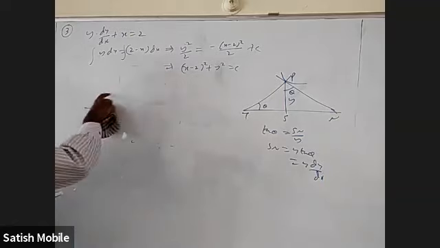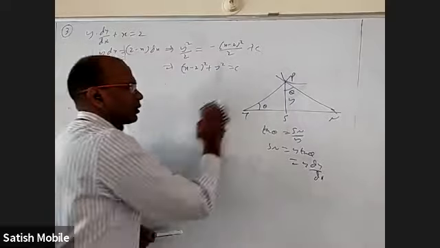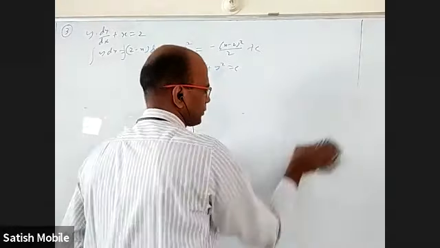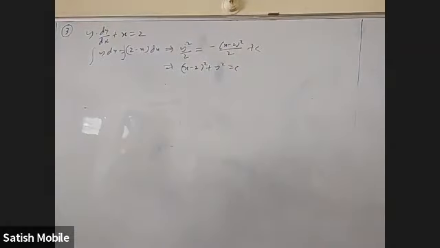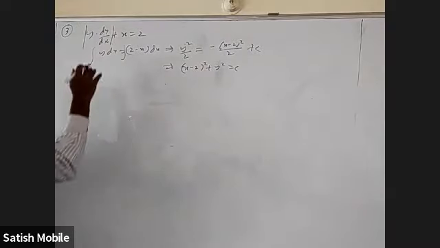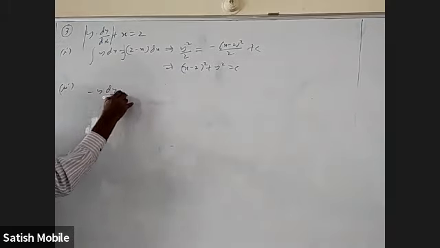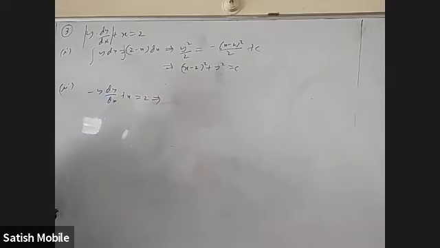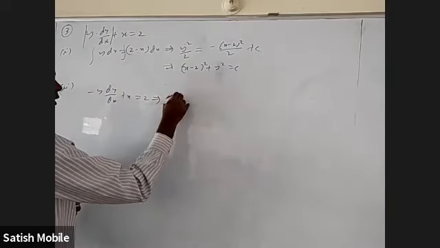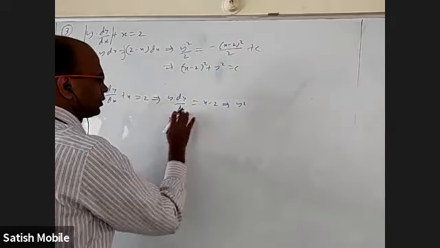Okay, there's no problem with integration. Here there's a mod. I have to take plus and minus, 2 cases. But even then, the answer is not there. Anyway, let me take this as mod and take the other case. This is case 1 and case 2. Minus y dy by dx plus x equal to 2. Again, variable separable: y dy by dx is equal to (x minus 2) into dx.